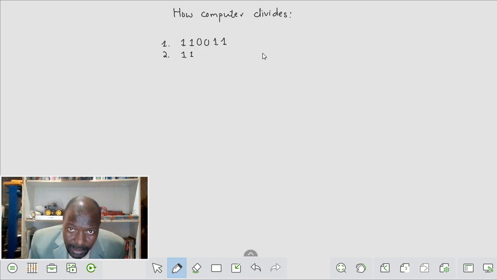We look at step 1. This is just loading our dividend. This is loading our divider. Step 2, if we look here, can this first 2, is that number bigger than this? Can this number be subtracted from that one there? Answer is yes. Okay, step 3 is, can